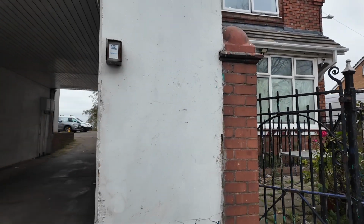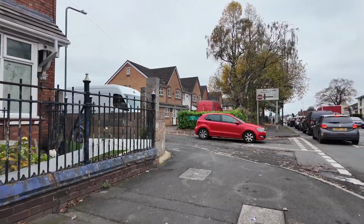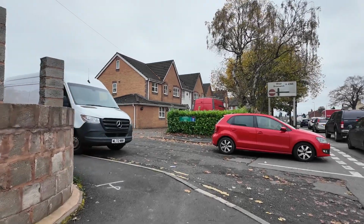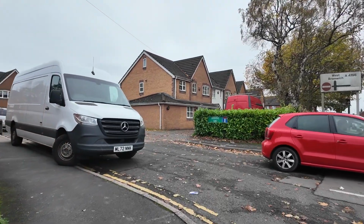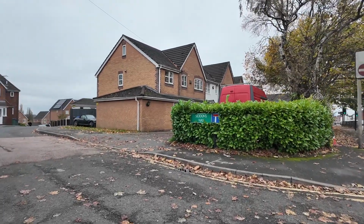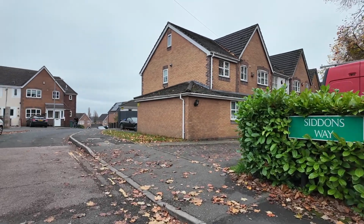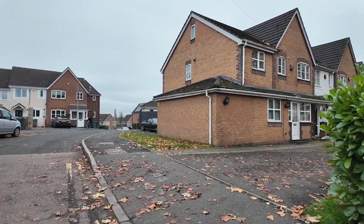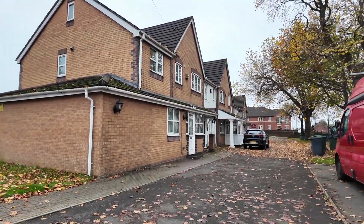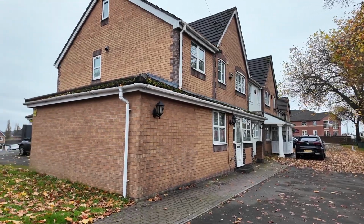And finally, we finally reached the site of Hilltop School. So, what do we have left of the old school? This is called Siddons Way. Now, Siddons, is that a nod to the school? Was that the name of a teacher or a headmaster? Well, did you remember the